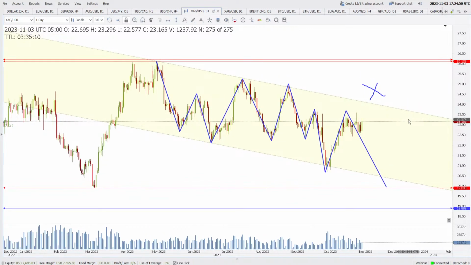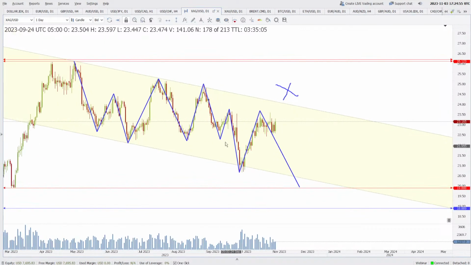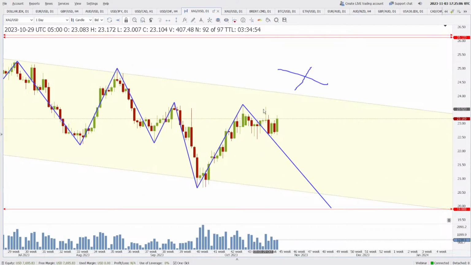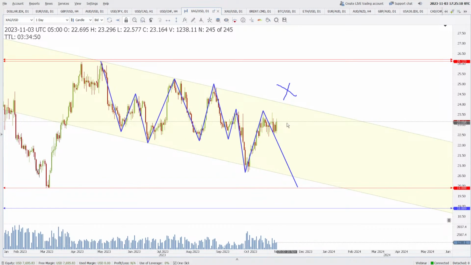Ideally, with the fall of the US dollar, the silver should go up. Yes, the silver should go up, but the market structure is saying that the silver should go down. So if the people who want to send it down are sending it down, and those who want it to go up are sending it up, where will it go? It will go nowhere. So I don't want to enter a market which is going nowhere. Getting my point? So my request is stay away from the silver. Okay.